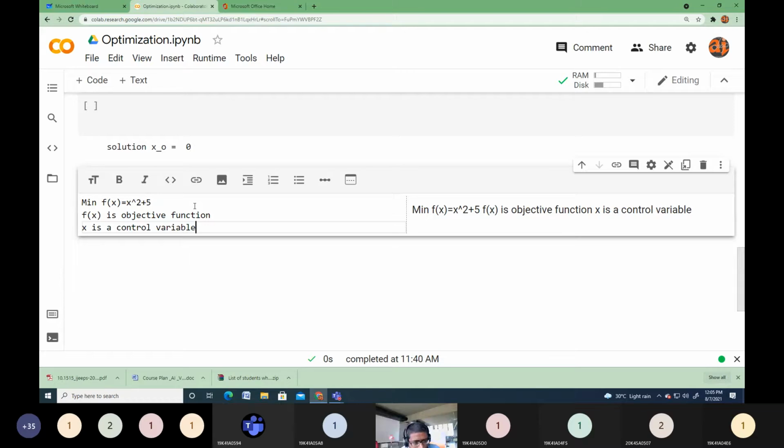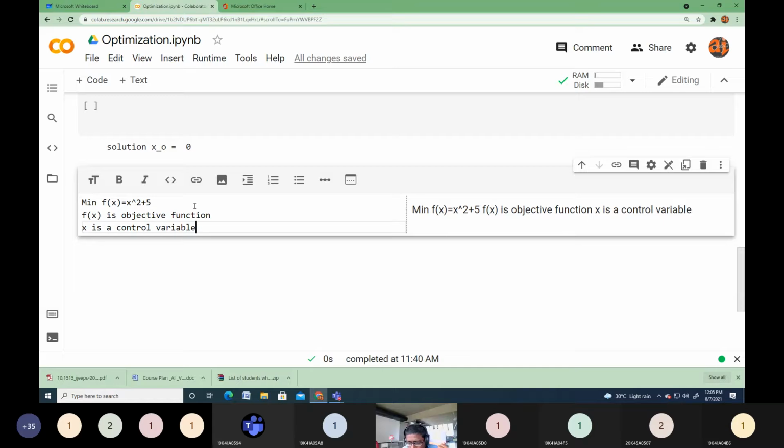Why single variable? Because we have only one control variable, that is x. Why is it an optimization problem? Because I am trying to minimize the objective function. Optimization is nothing but the minimization or maximization of a particular objective function.